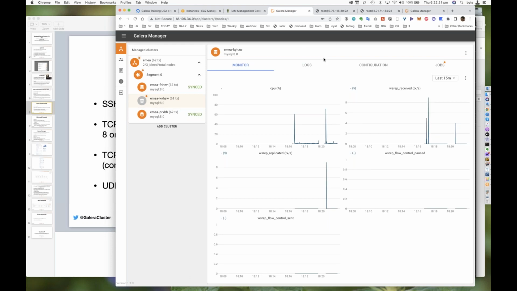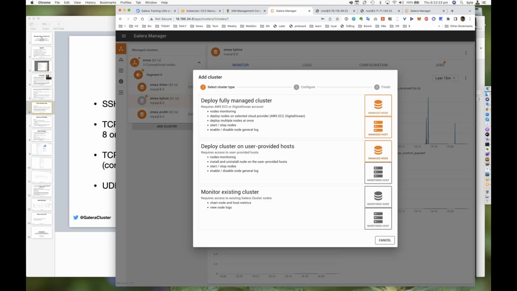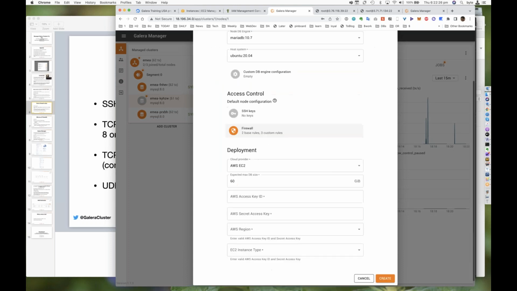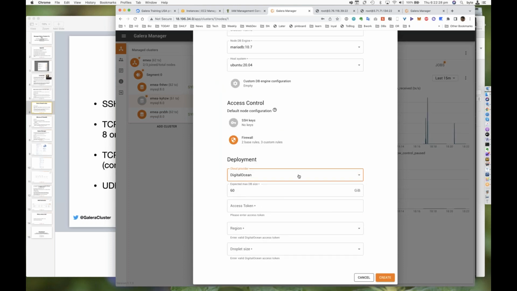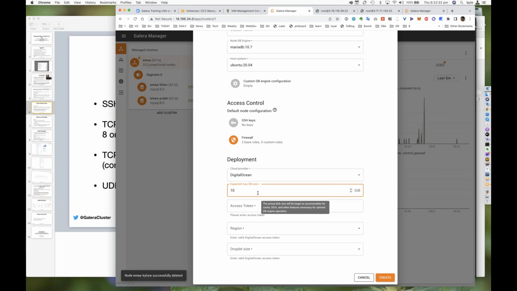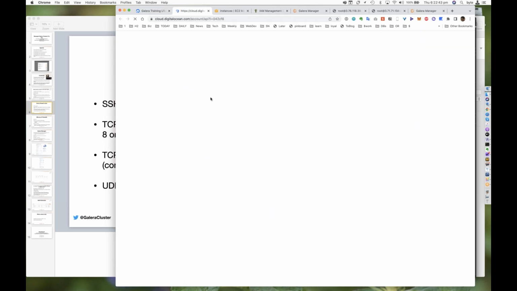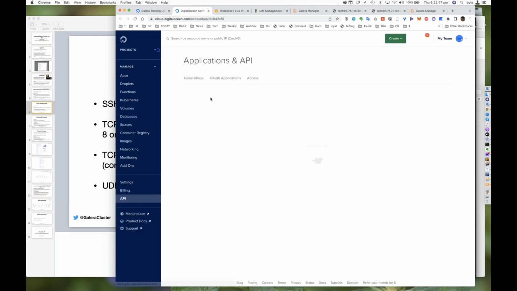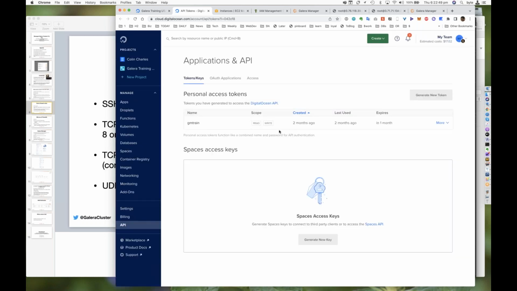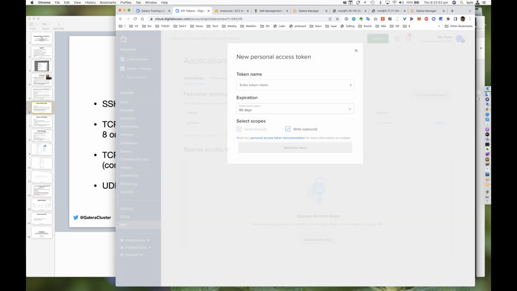So in effect, what I've done here is I've shown you how you could create a fully managed cluster. We do it on DigitalOcean. It's also very simple. We're asked for an access token. You get access tokens, I believe, down here in the API settings. It loads. All right, so I can just click generate a new token,